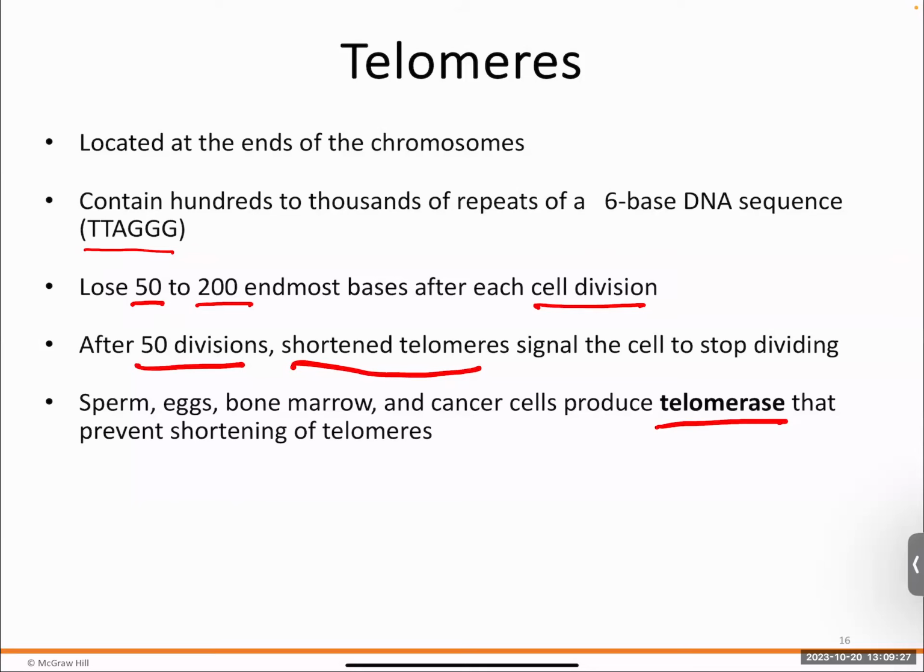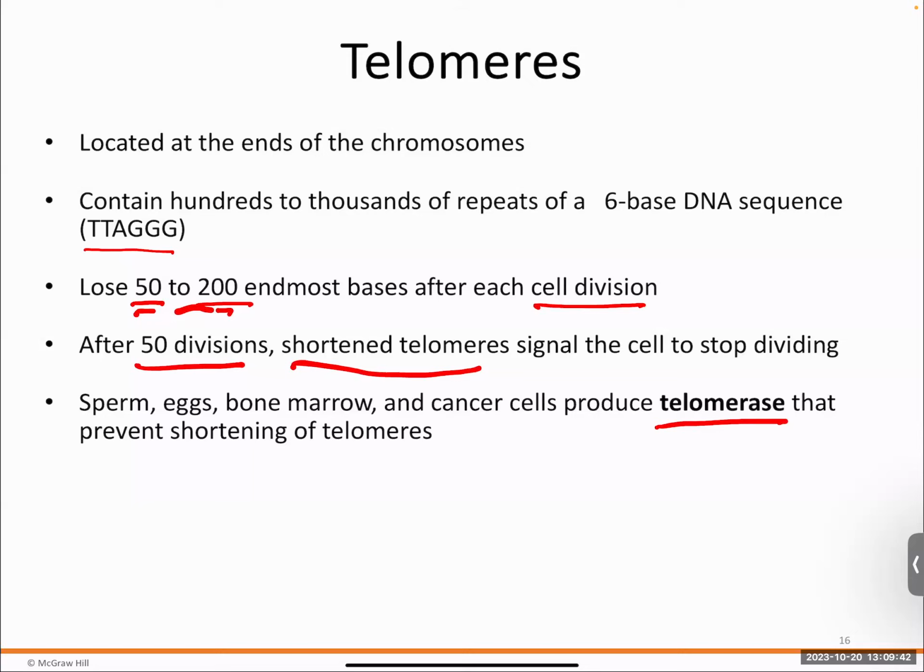So if a normal cell is continuously losing those telomeres over time after each division, these cells do not cut the telomeres, which means that you can produce these cells over a long period of time with many, many divisions